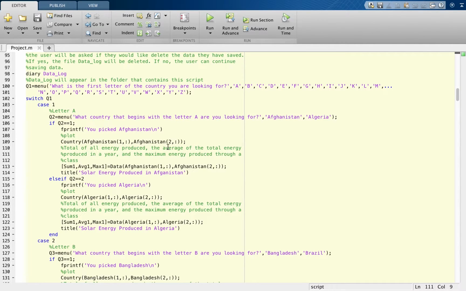In conclusion, you might be asking yourself, why or how can we use this code or this data we have provided to you? Well, let's say somebody is researching how to make solar energy more economical. First, they will have to know which countries are producing the most solar energy, correct? So, using our code, they can pick which countries they want to compare, and from those, they can see what countries produce